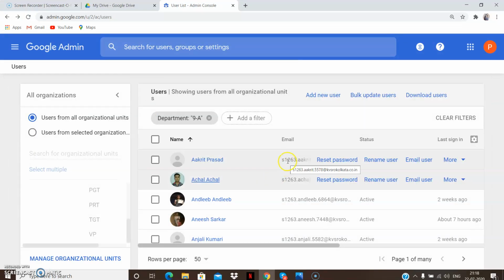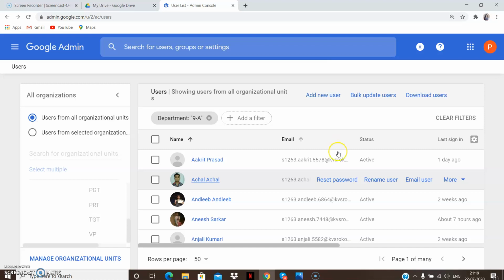Let us go back. Next, let us see how we add a new user. Now in adding a new user, we have to keep one thing in mind: a user has a particular format. So in student, what is that format? S, school code, after that the first name of the student, after that the admission number, and at the rate the domain we have got, KVS RO Kolkata.